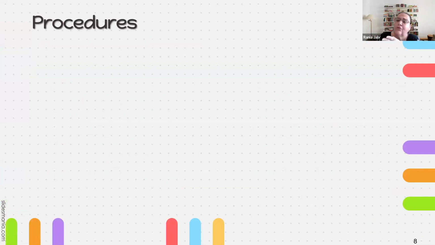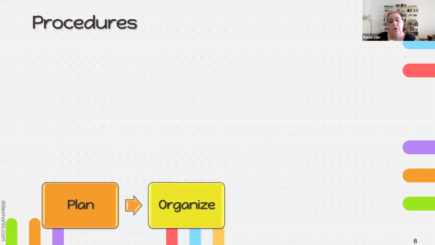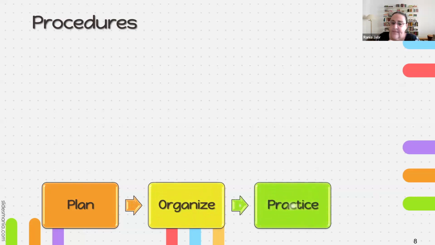Procedures. How do we go about it? There are three main steps, and I'm going to go through each one of them separately. Planning the groups, organizing the work that needs to be done, and practicing. And the three are quite important for the success of the use of group work. In my classes, I have been doing group works almost daily for almost everything, even writing an essay, even writing a summary, even preparing their work to give an oral presentation.